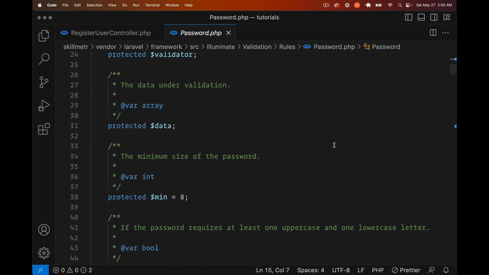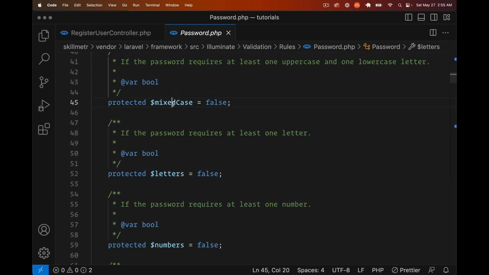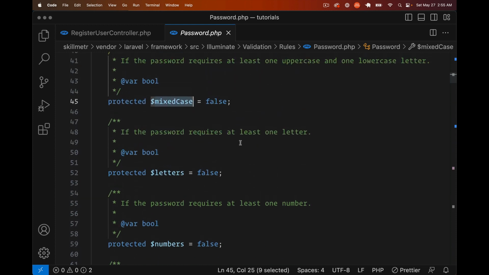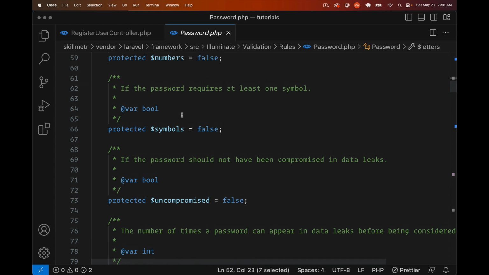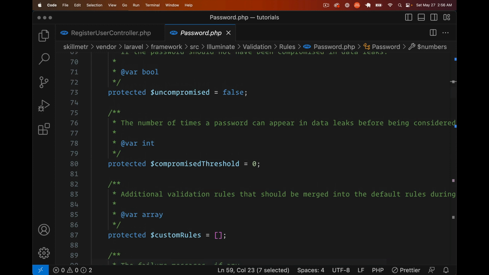And if I click and go into that class, you see that it does have some properties in there, whether the password should have mixed cases, which means it must have upper cases and lower cases combined. You cannot only have upper cases or lower cases. It must have letters, it must have numbers. So you can basically call these different methods to customize how you want your passwords to look